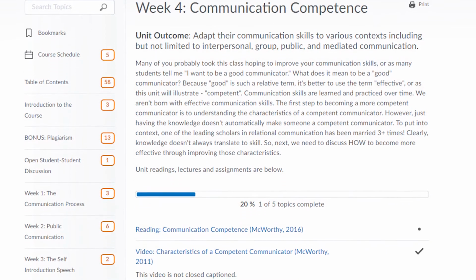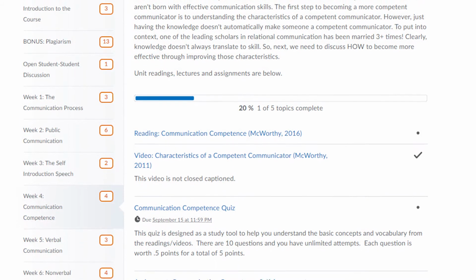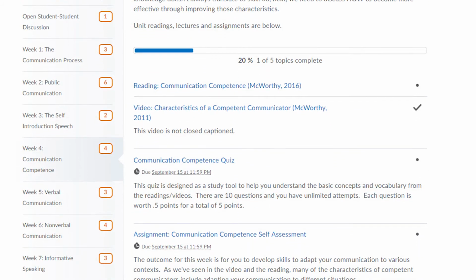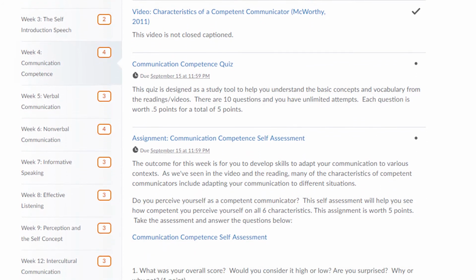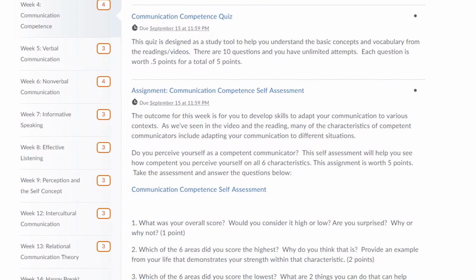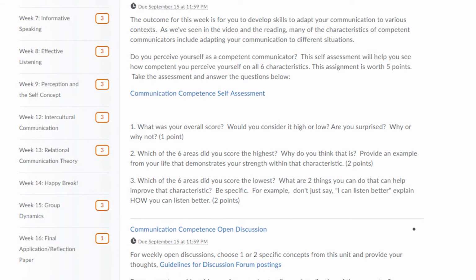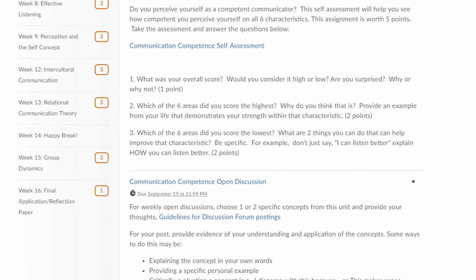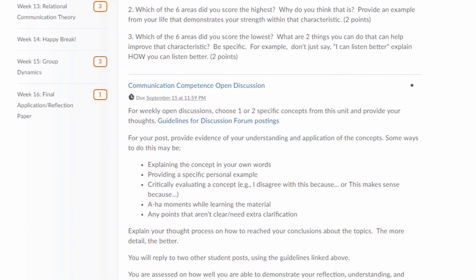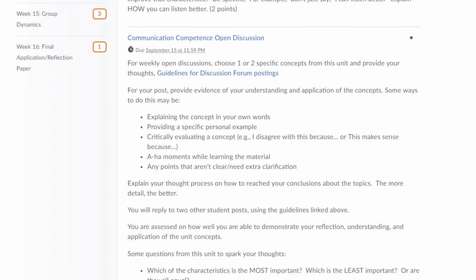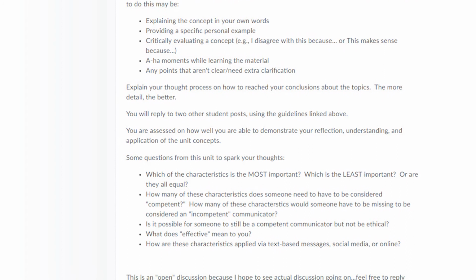All of the modules are along the left-hand side of your screen. And this is your table of contents. This is going to show you the roadmap to the course. Each week is its own topic. I've organized this course by the course outcomes, so each week we'll be focusing on a different course outcome. Most weeks you'll have a discussion, quiz, and a written assignment to complete. And again, at the top, you're going to find all those materials, which include readings and videos, and then you'll find the individual assignments.